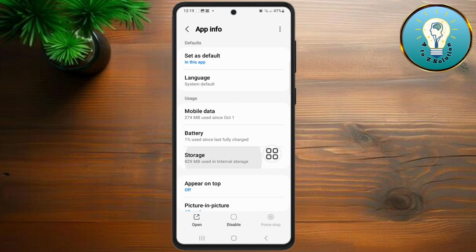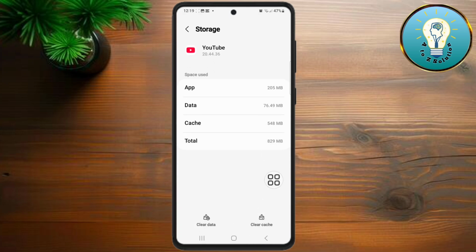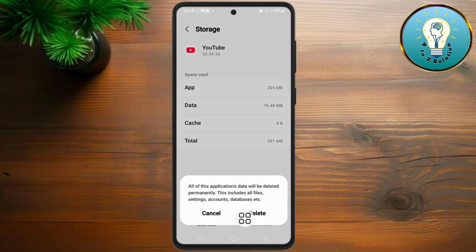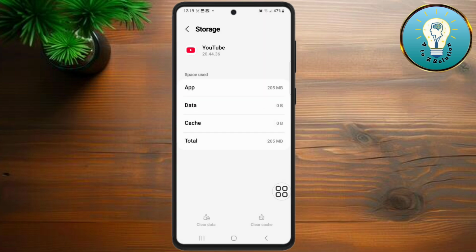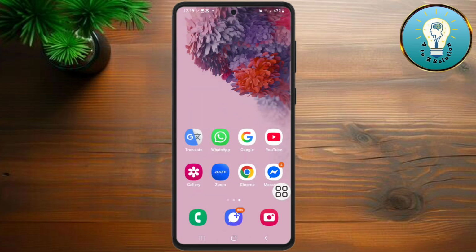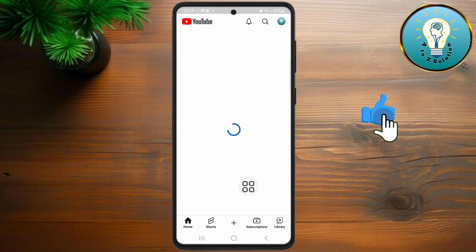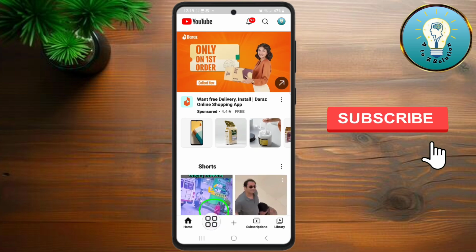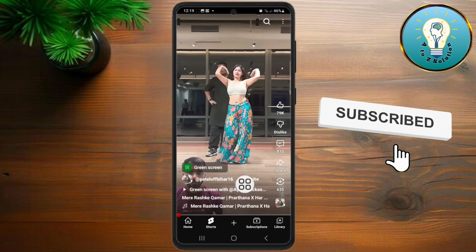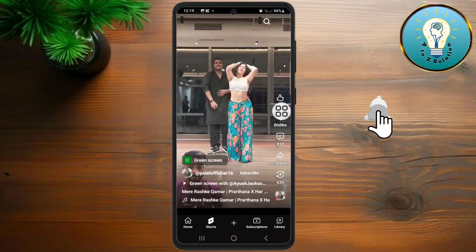Tap on storage. Now clear cache or clear data. Now open your YouTube app. Tap on Shorts. Now